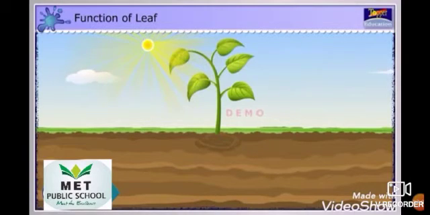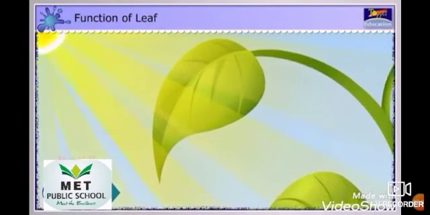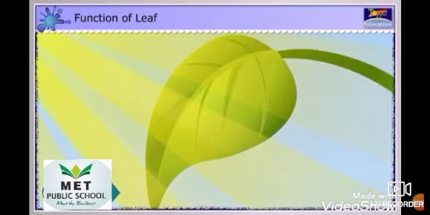Because by absorbing the sunlight, the plant will grow very nicely. If you keep it in a dark room, it will not grow nicely. That one we will learn in the next chapter. So now we will see the leaf absorbing the sunlight. Along with that, the air also consists of some carbon dioxide. So that sunlight will go and reach the chlorophyll contained in the leaf.